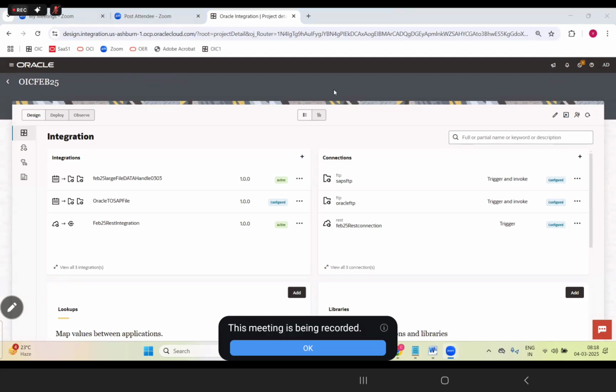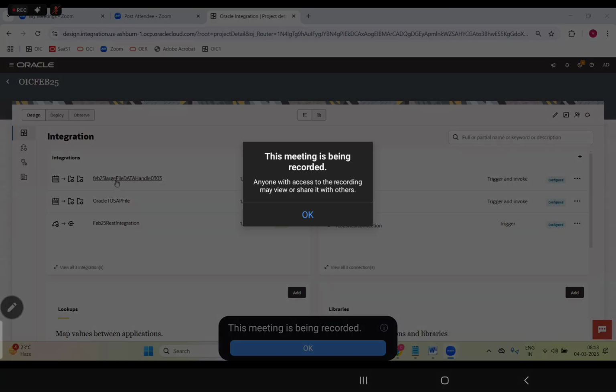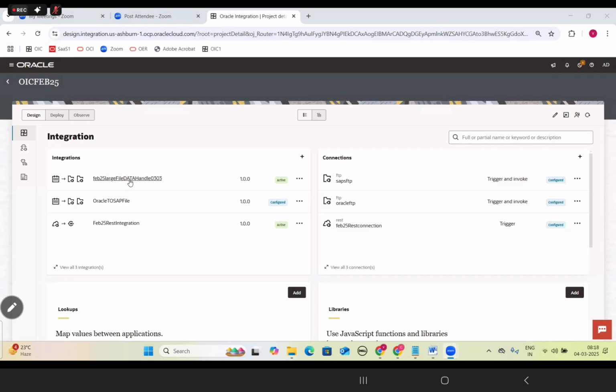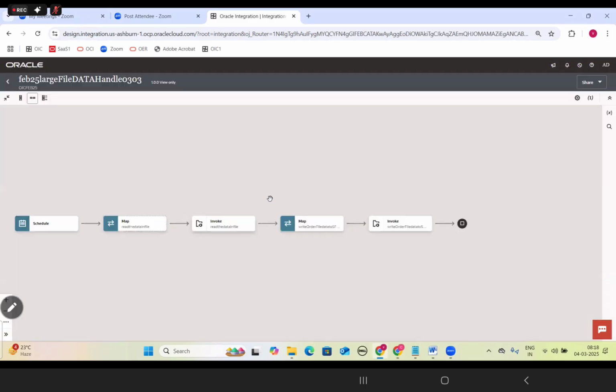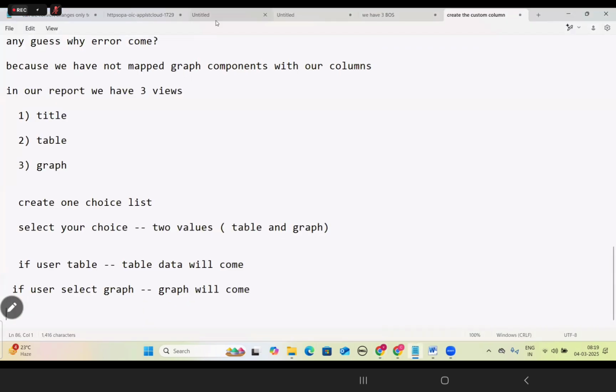So this one we are handling reading the data, right? While you read the data, we are getting an issue. When you read the file from the SFTP server, it is showing an error that the maximum size allowed limit is there, right? That limit is on an Oracle website I showed yesterday. Based on that only we need to build the integrations.